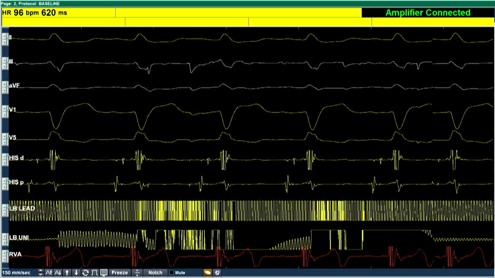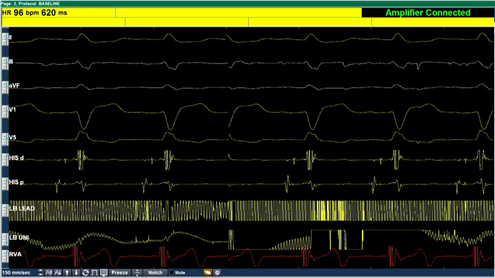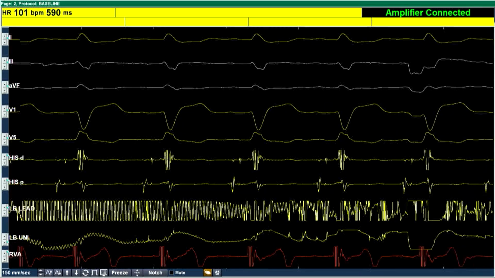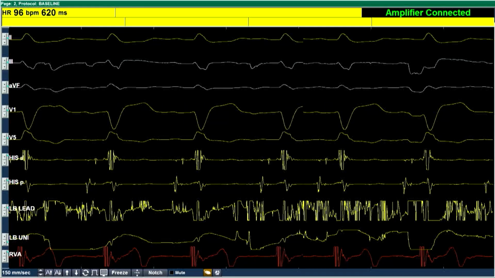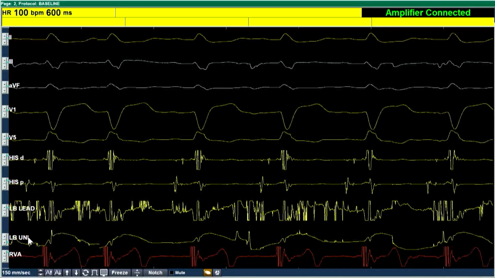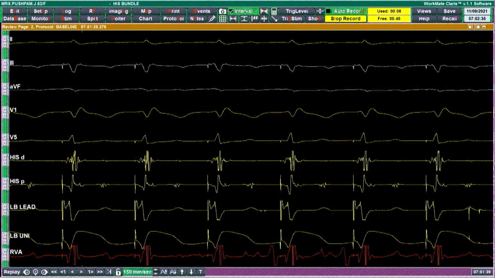I think all of you would have noticed it. Yes, sir. Current of injury is quite significant in the last but one. Show that, William, above the red. So last, LB uni, that is an unfiltered electrogram showing a good current of injury.